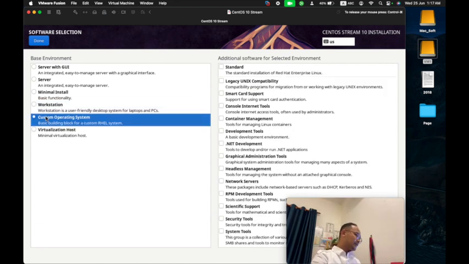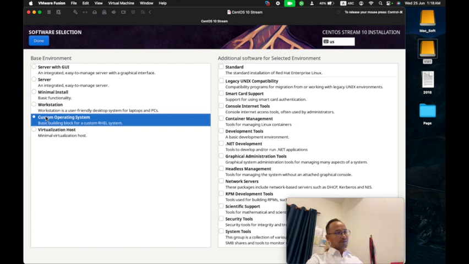Like I mentioned in the beginning of the video, there is something new in the CentOS installation on its latest version, Stream 10. From versions 5, 6, 7, 8, and 9, we created only 3 partitions.